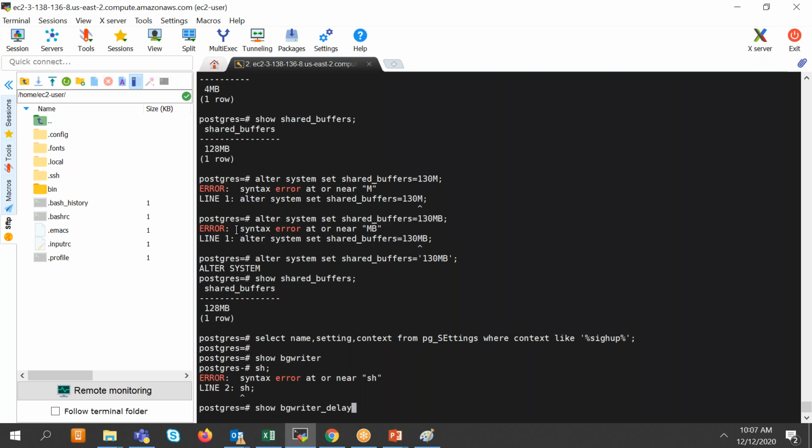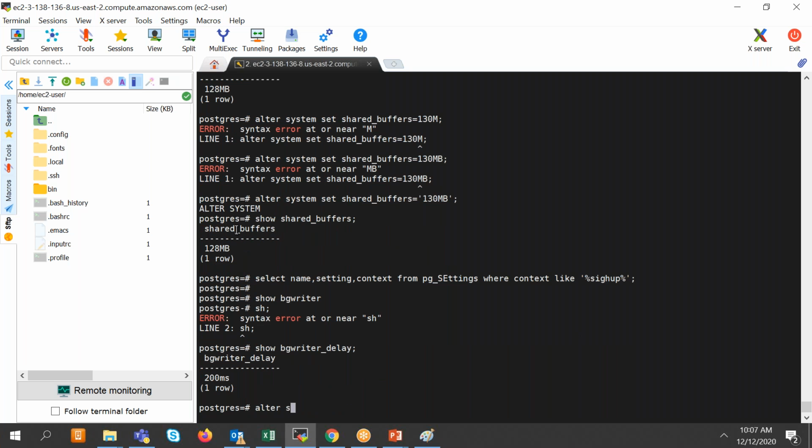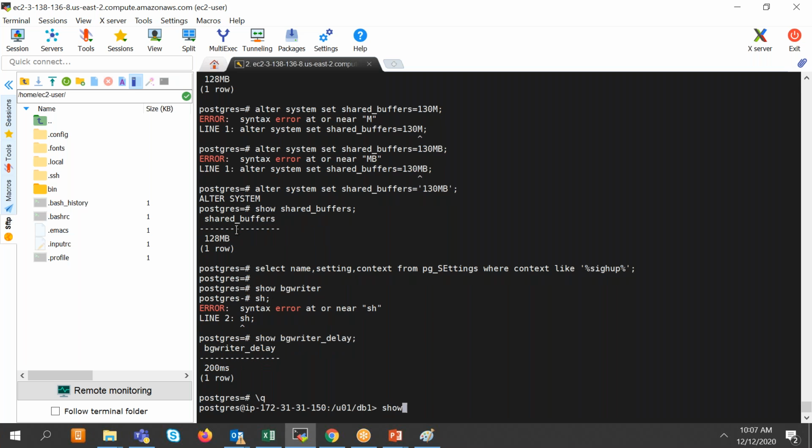You said two things, one is restarting the cluster and reloading. Is there a difference? Yes, there's a difference between reloading and restarting. Restarting is stopping your cluster and starting it again. Let us first restart. Our shared buffer is how much? It is 130, right? Now, if you see this file,